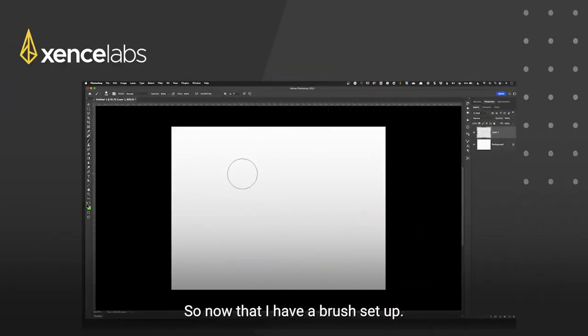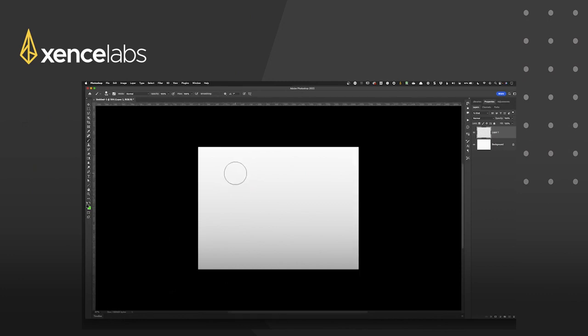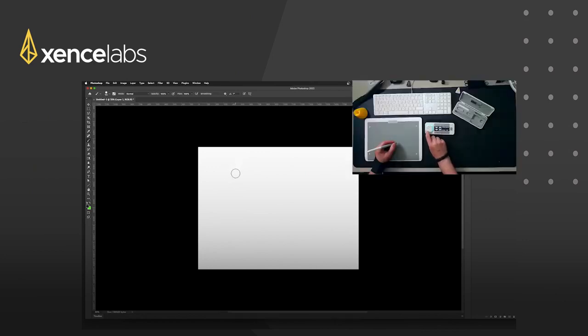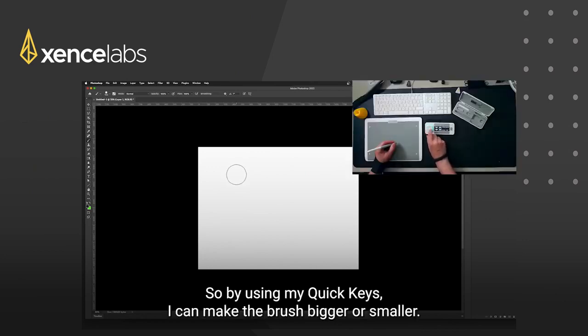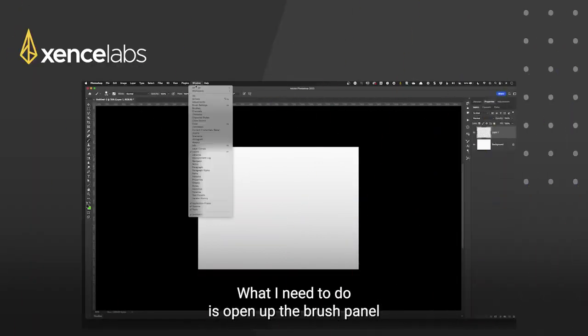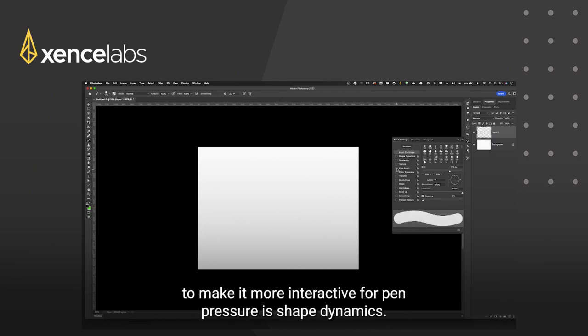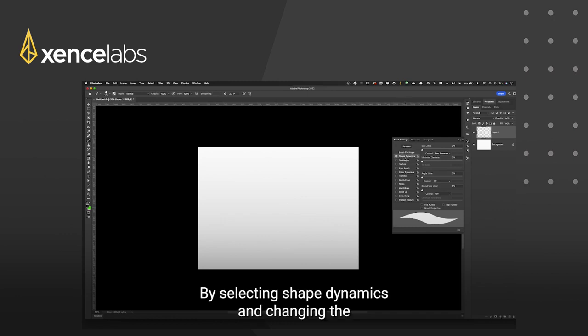So now that I have a brush set up, one of the things I want to show is that I can actually control the size of this brush by using my quick keys. So by using my quick keys, I can make the brush bigger or smaller. What I need to do is open up the brush panel, and you can see that we have our brush settings, which is here. And some of the things that I want to put onto the brush to make it more interactive for pen pressure is shape dynamics. By selecting shape dynamics and changing the control